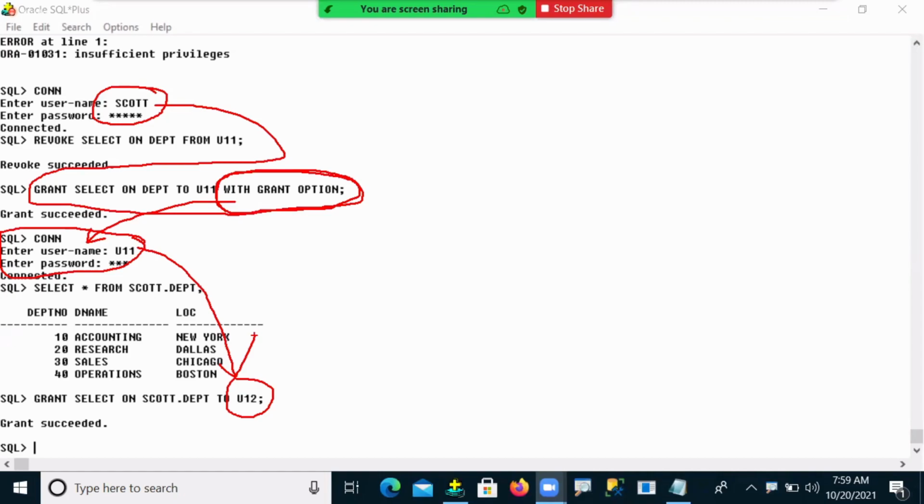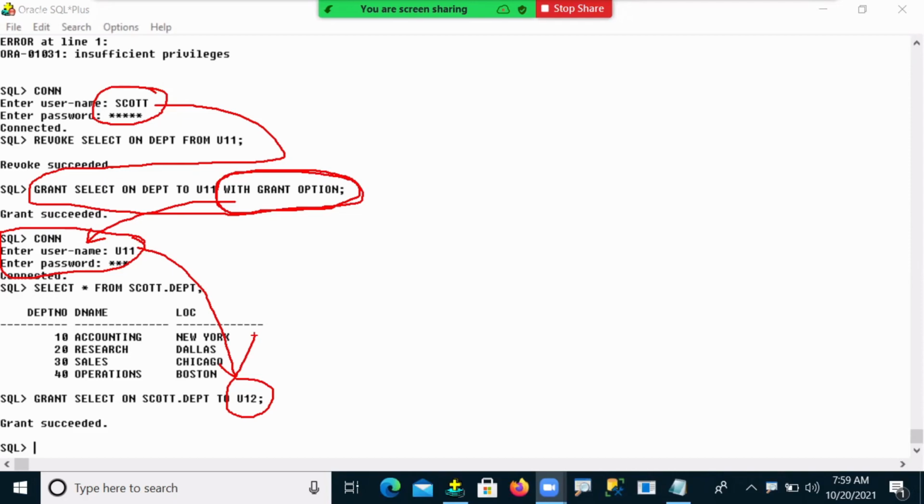Carefully look at the arrow marks. First, user 11 took permission from the administrator with the grant option statement.